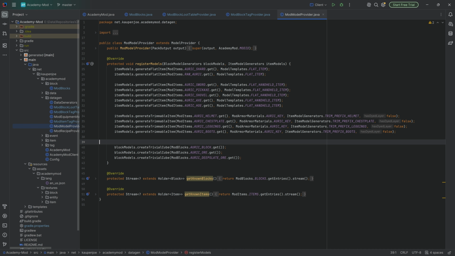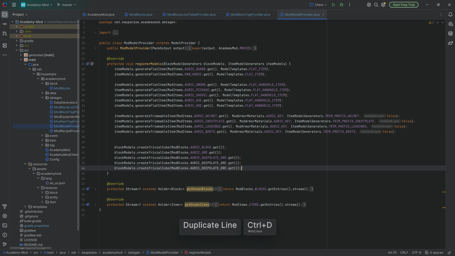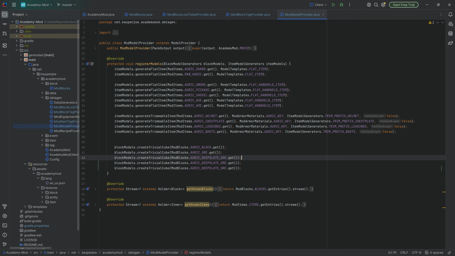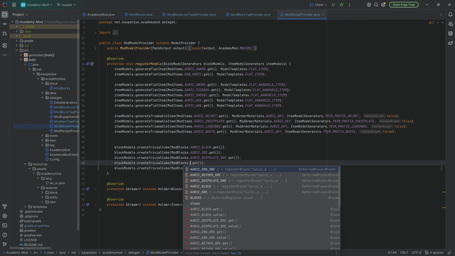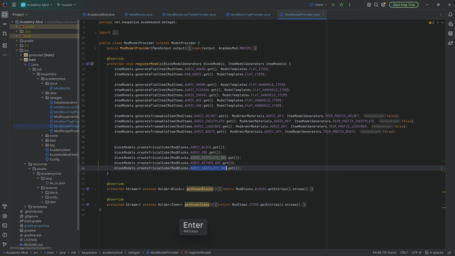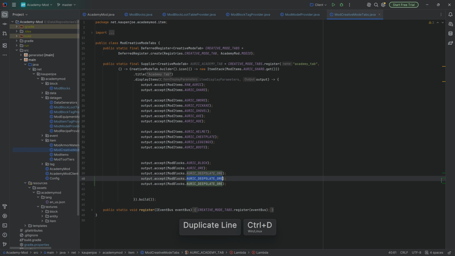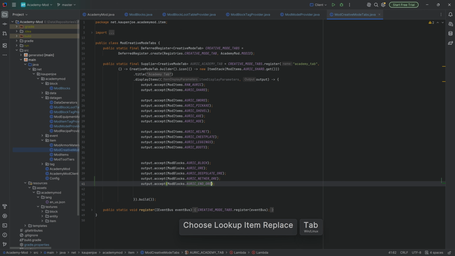Then in the models, it's the same deal, a trivial cube for both of them. So just once again, I just highlight the line, I'm just on the line, press Ctrl D to duplicate that line. And then I'm going to choose the nether ore right here. And then here, the end ore. There we go. And that's basically all that we're doing right here. And that is going to be that. Let's also add them to the creative mode tab just so that we have them, just in case. It's not strictly necessary, but it is always a good idea to have this,